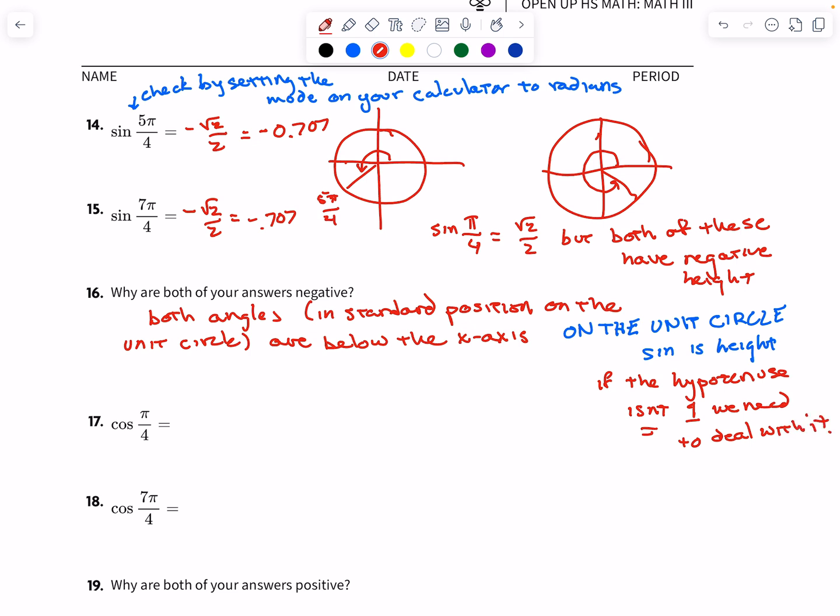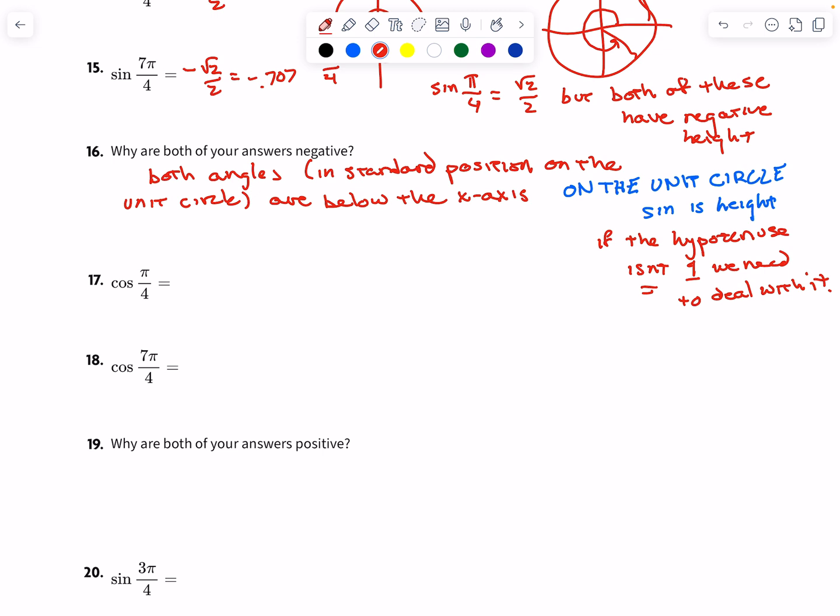Okay, sine is opposite over hypotenuse. On the unit circle, now that we're going past 90 degrees, sine is the height on the unit circle. If you have something where the hypotenuse is not 1, you still have to divide by it. Okay, pi over 4. Where is pi over 4 and where's 7 pi over 4? Well, pi over 4 is easy. Where's 7 pi over 4 again? Here's pi over 4, 7 pi over 4. Oh, both of these are going right. So